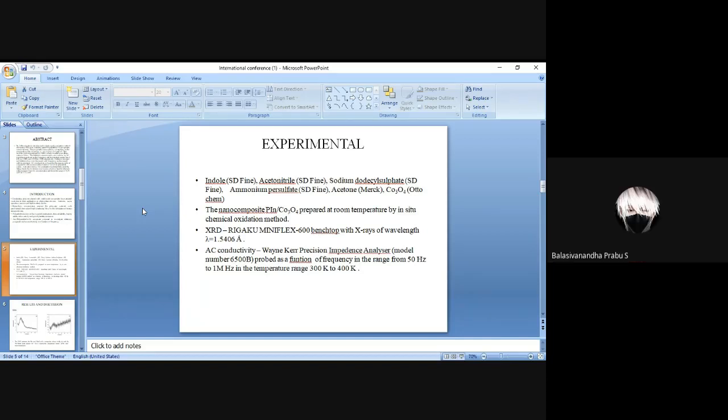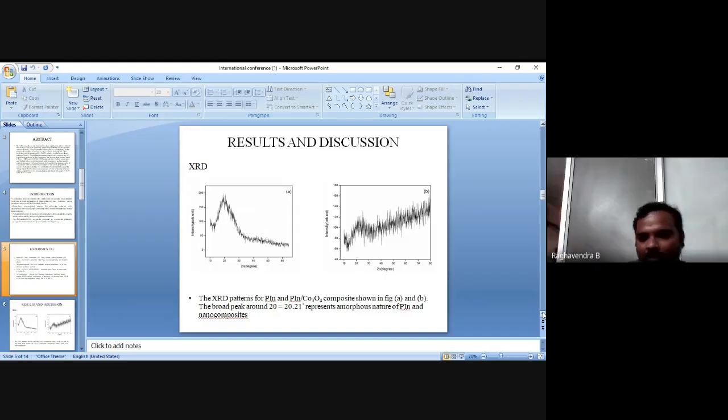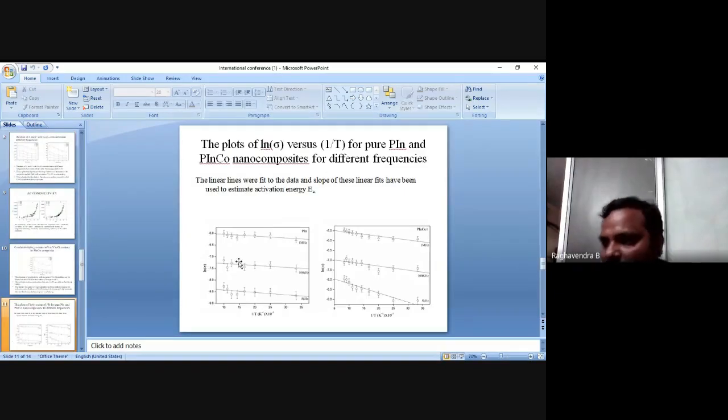Okay, so I am not sure about this XRD for the peaks. You have to once again properly validate it. And one more thing, the activation energy that you have calculated, how did you calculate this activation energy? What is the formula you have used for calculation? Sir, by making use of the slopes, we have calculated the activation energy.